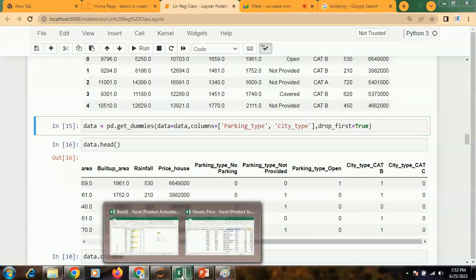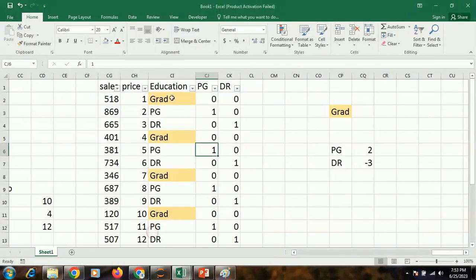Dummy variables, I told you, if there are these characters, I need to take any one of them as the base. And for the rest we are going to create all these 0s and 1s. Wherever you have PG, under PG everywhere will be 1 and the rest will be 0. So we created that manually in Excel, right?